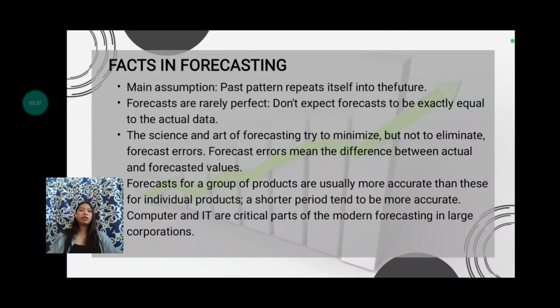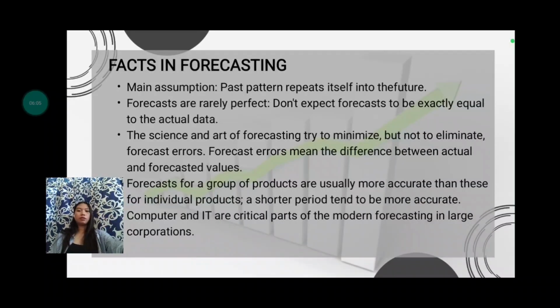Forecast error means the difference between actual and forecasted values. Fourth, a forecast for a group of products is usually more accurate than for individual products. A shorter period tends to be more accurate, and computers and IT are a critical part of modern forecasting in